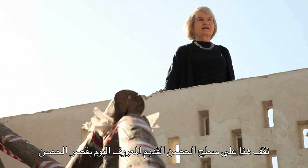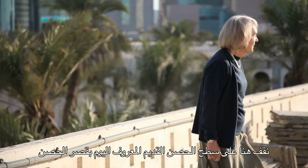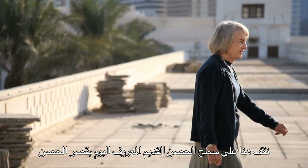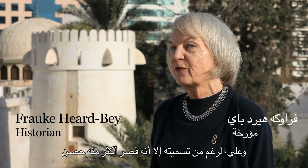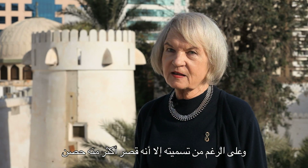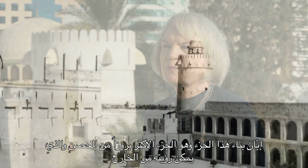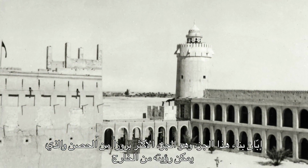We are here on the roof of the old fort. It's now called the Qasr al Hosn, but a Hosn is really more of just a fort, whereas what we see here is a palace. And in fact, when it was built, the bigger part, the more prominent part, the part that one sees from